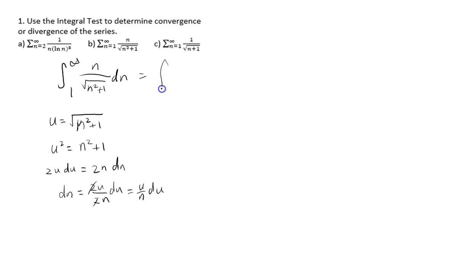Okay, when n is equal to 1, u would be square root of 2. When n is infinity, u will be infinity. And then finally, there's this n. Let's just leave n there and see if it disappears. This entire thing, we decide to call it u. And since dn is u over n du,